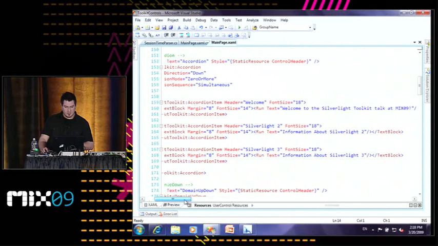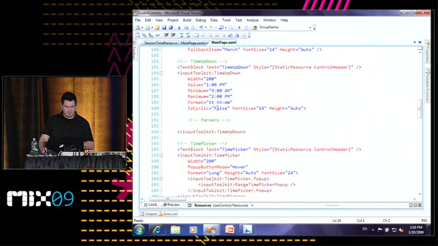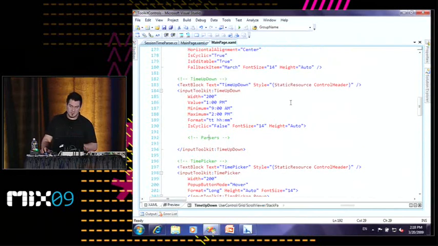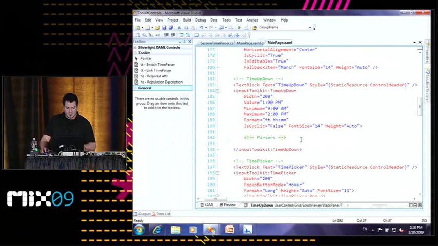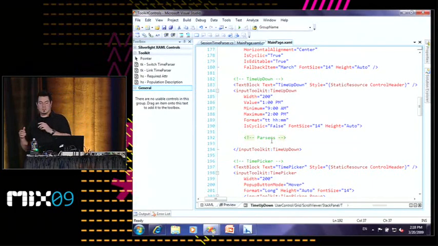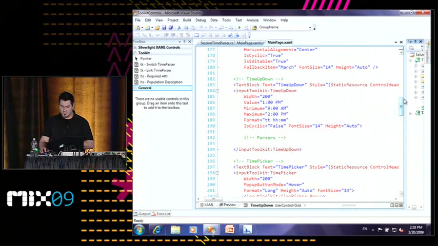So here's accordion, which you saw. Domain up down, which you saw. Time. Oh, here's a cool thing I want to show you actually about the time up down. I know it doesn't seem super exciting right away. What I'm going to do is time up down supports parsers. So a parser, and a quick way to add some unique functionality to your application, is to come over here,